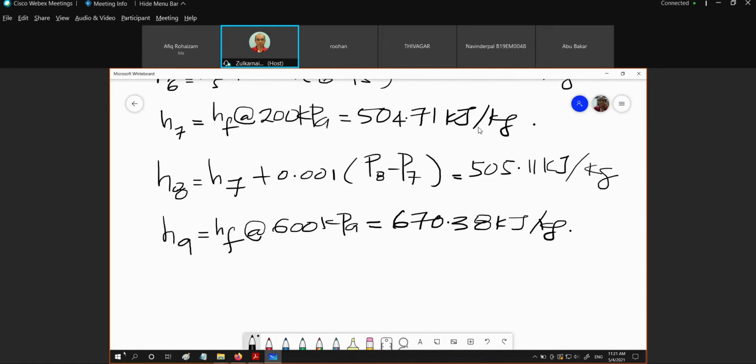Then we have the H10, the last one, is equal to H9 plus